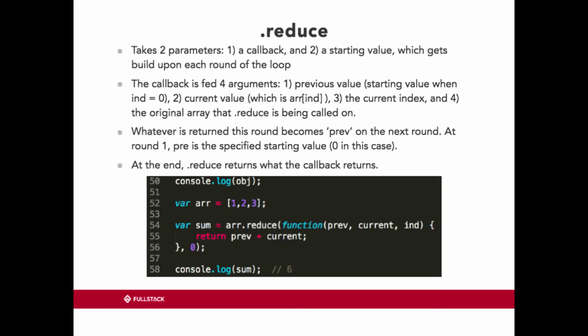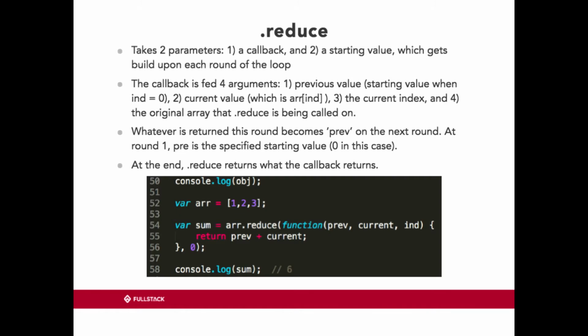So if I was to iterate this over this array, right? Just bear with me here. Reduce is really tricky to explain verbally without seeing it go through the code. But essentially, if I have this array of 1, 2, 3, and I do a reduce on it and pass it this callback, it's going to start at the current, and previous is going to be whatever we pass in here,